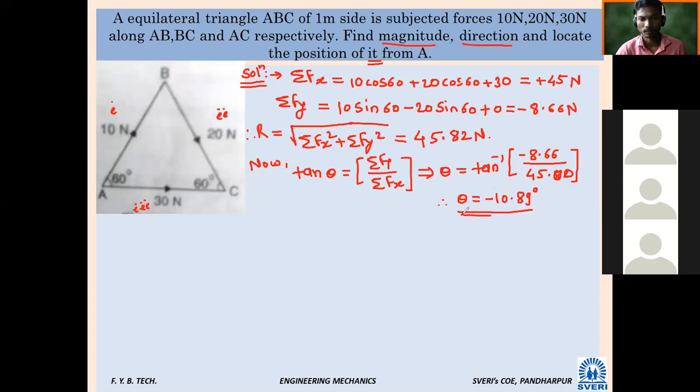Up to this, there were many more problems we have solved to find r and theta. Up to this, there is no problem. Theta and r we have found out. Now, if at all you want to show this directly, you can show it directly. So how can we show it?